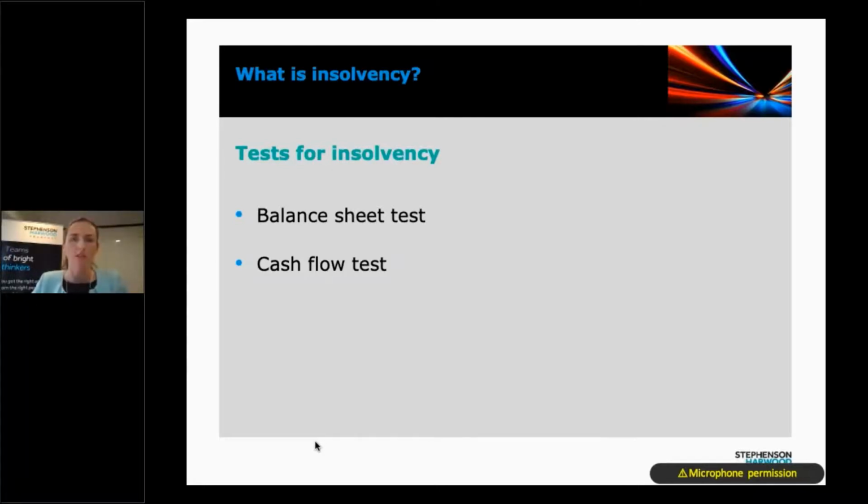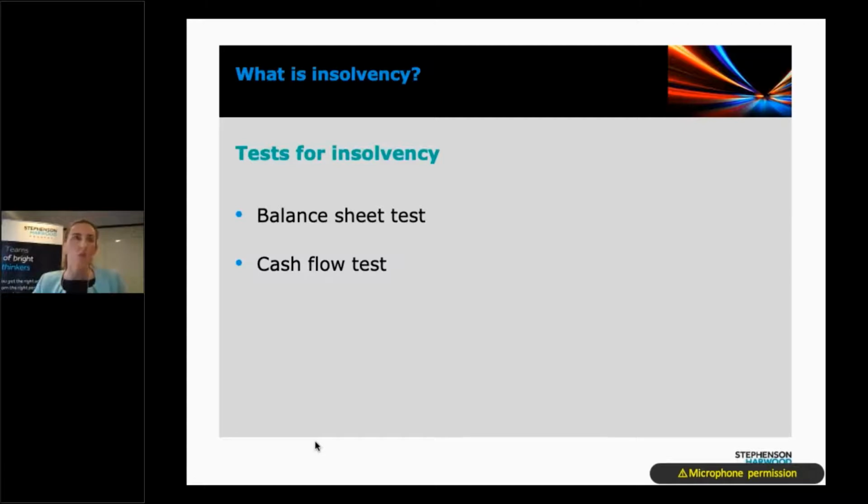So what is insolvency? There are two tests which are commonly used in many jurisdictions around the world, and in Hong Kong you can look from two perspectives. One is a balance sheet test, it's quite obvious in the name. This is where insolvency occurs because the value of a company's assets is less than the amount of its liabilities, taking into account both contingent and prospective liabilities.